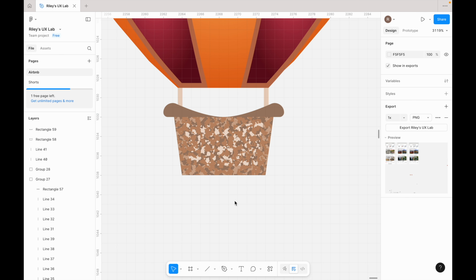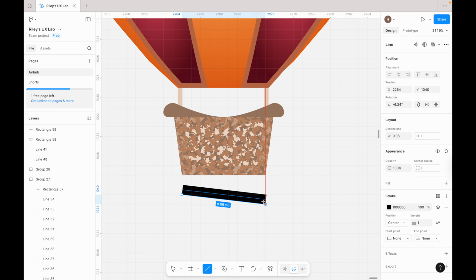We now need another line, so hitting L on the keyboard for the shortcut, we'll just drag that over. We want it to be a 9x0, and then we'll change this stroke fill color to A0806A. We'll keep it as center, but we'll change the weight to a 0.5, and then we'll do the starting points square and the endpoint square, and we'll just drag this up into place 1 pixel down from the top